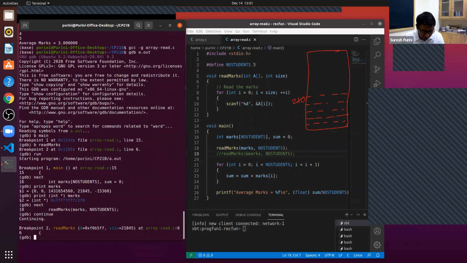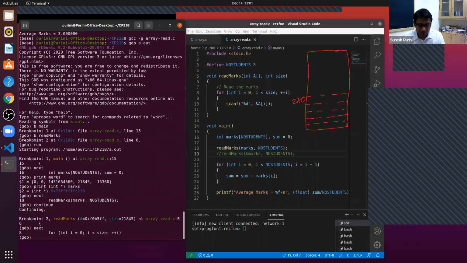Now we are in the read marks function. Next. And if I print A, what do I get? Random values, huh? Why random values? Whatever the contents of marks will be copied to A. What does the marks variable contain?